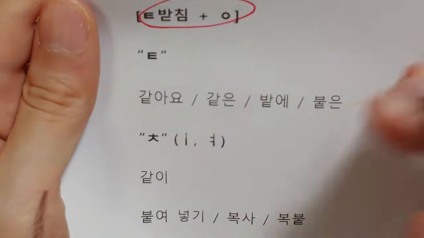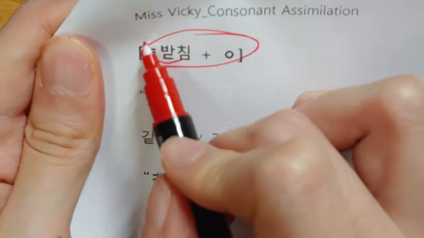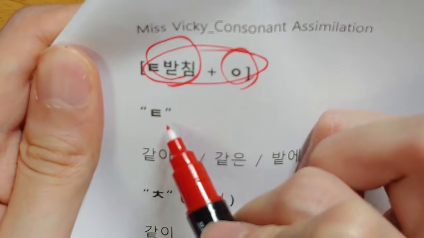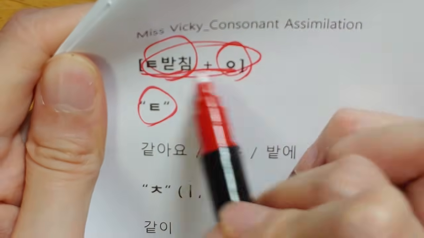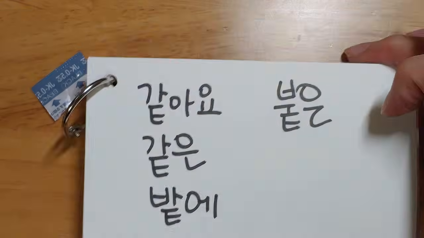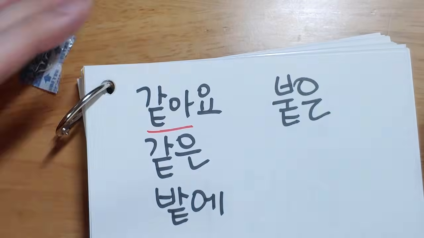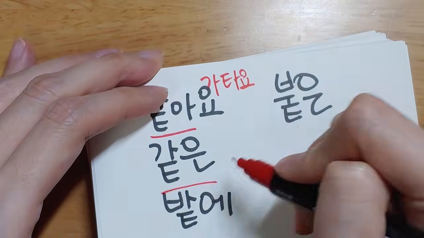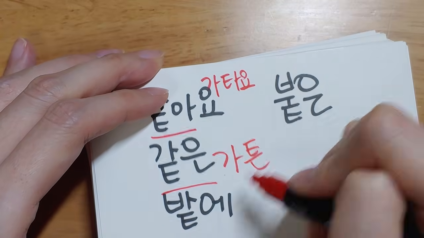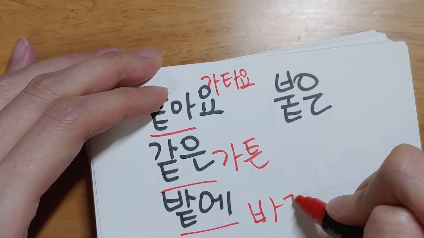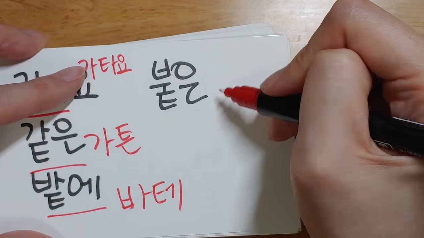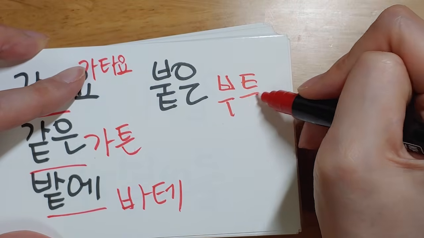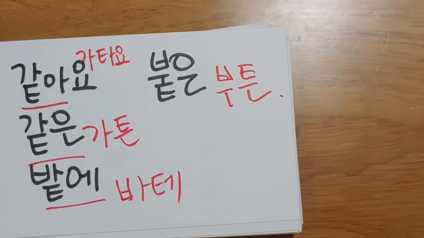So following the general rule, this 티읕 받침 when combined with 이응 produces t sound, right? Because these two get connected. We learned this, right? So 같아요, this is pronounced 같아요, and this is pronounced 같은, this is pronounced 밭에, and this is pronounced 붙은, right? So they follow the regular rule, but